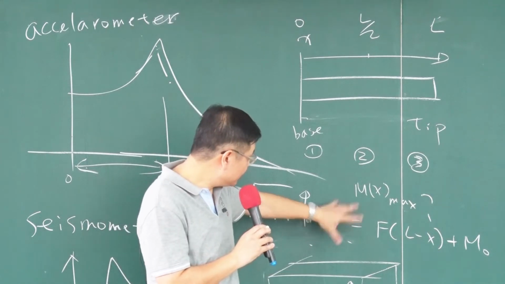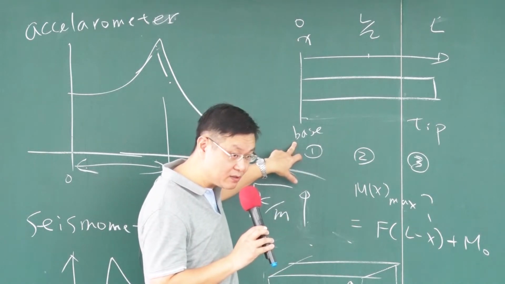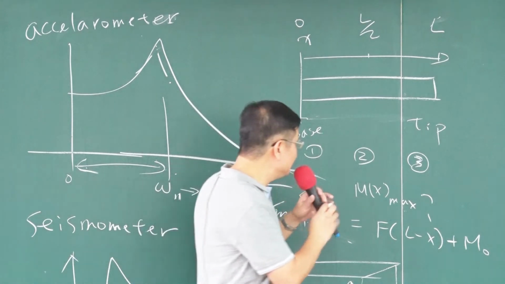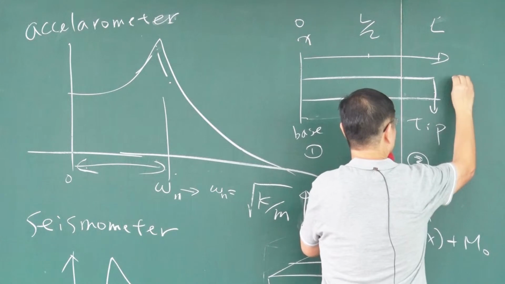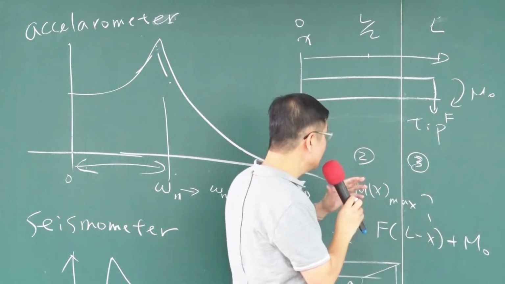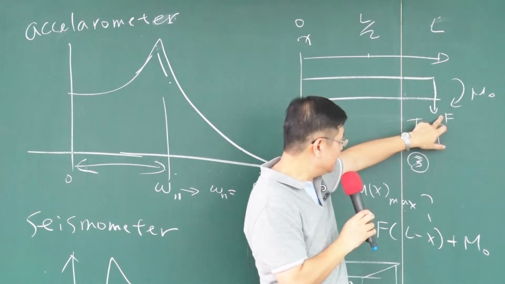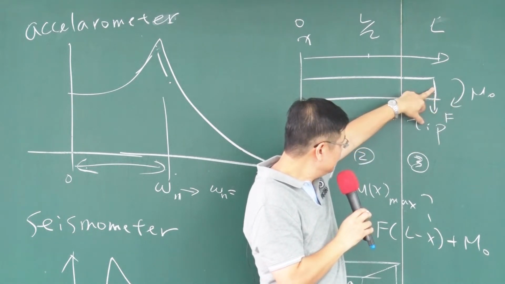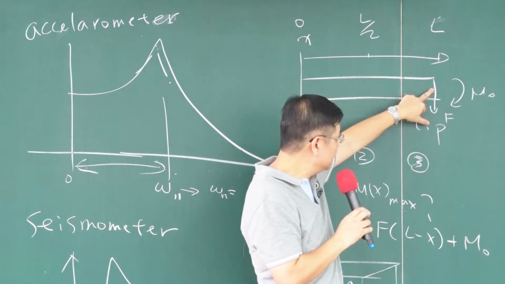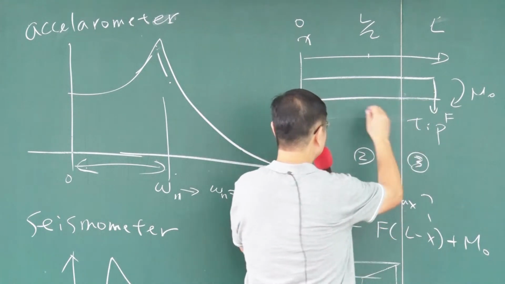Okay, from the equation, it's easy to understand. At the base, you get the maximum bending moment, but it's not easy to understand. You need to consider that you have a bending moment and also a force applied on the tip of the beam. So for the bending moment,